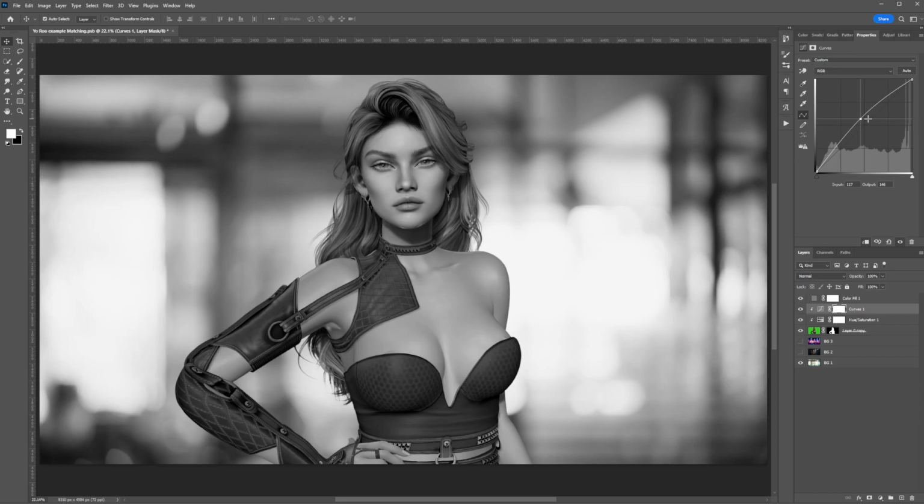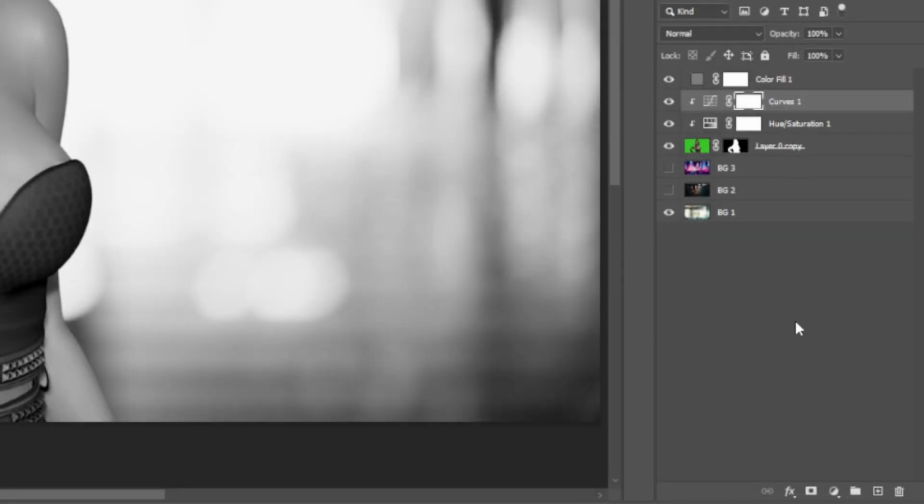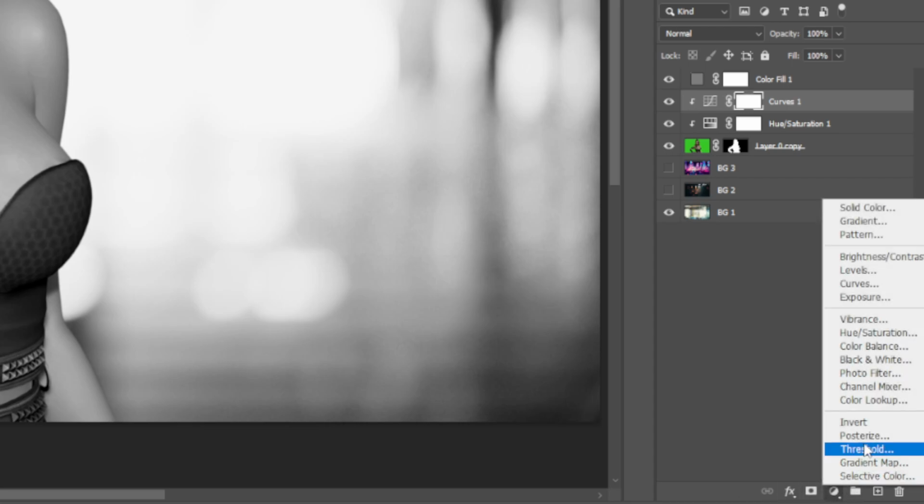How she would look black and white. The next step that we do, and we're going to come back to this curve layer, is to create another layer down here on the bottom right, and we are going to create a